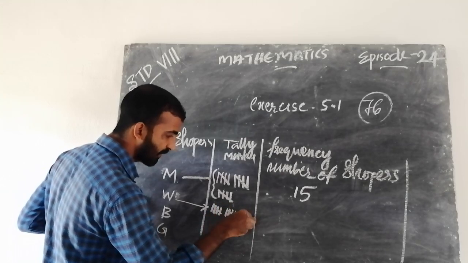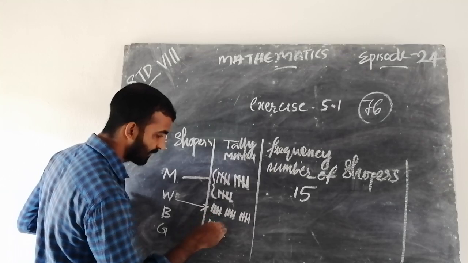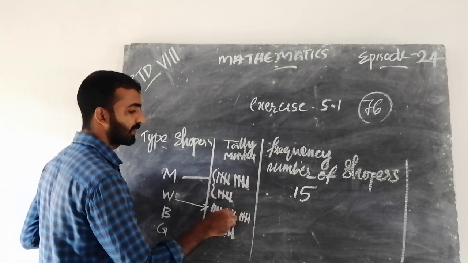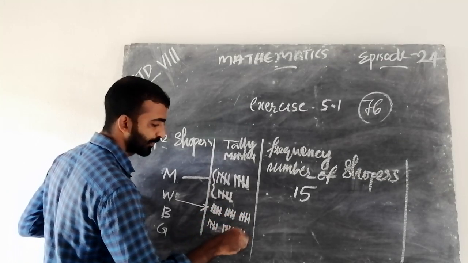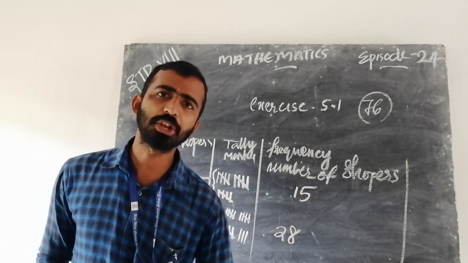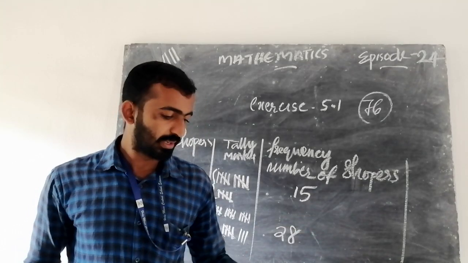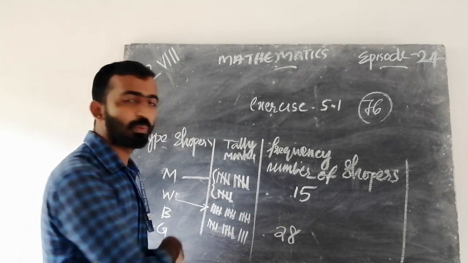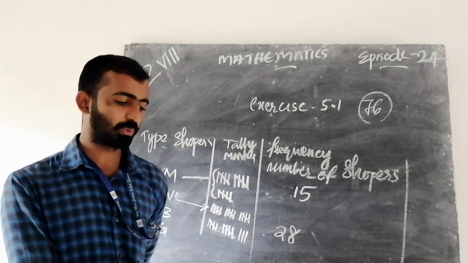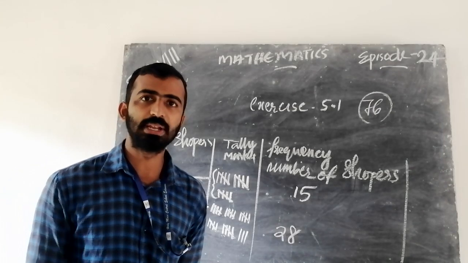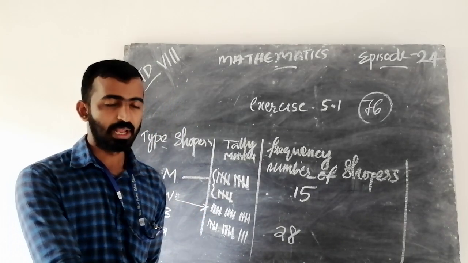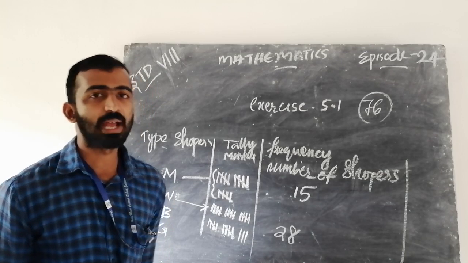Counting in groups of five: 5, 10, 15, 20, 25. It is 28. According to the question, we can tally mark. When we take M, W, we mark a W and slightly cross it using the pencil. We cross the first one. The second one is also W. Then we cross it in the textbook and mark it in the tally marks column.